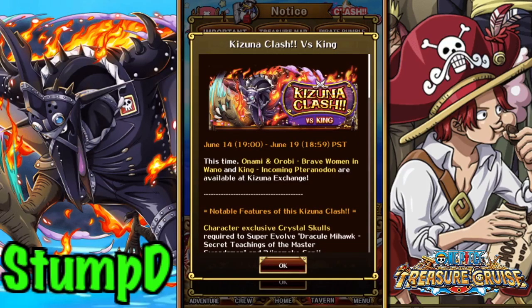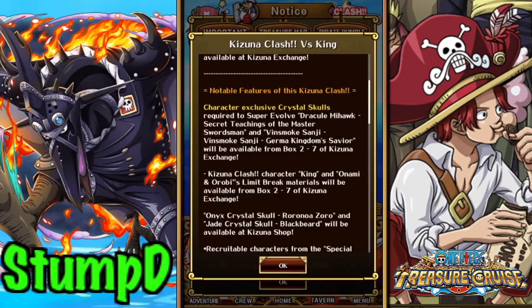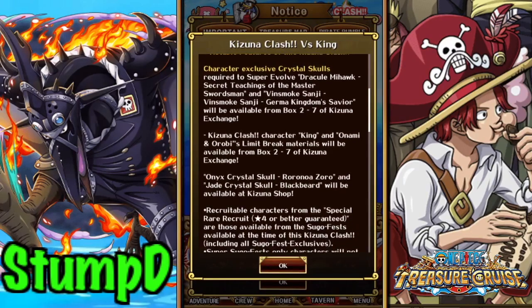the timeline of OPTC Global. So it seems like we're getting double Kizuna, very similar to how we had double Arena, double Pirate Rumble, double Treasure Map. It's looking like the same for Kizuna Clash. So we do get the Vinsmoke Sanji Super Evolution Skulls, as well as the Dracula Mihawk Skulls. We can also get the character King, Onami, and Orobi from box 2 to 7, as well as those skulls,